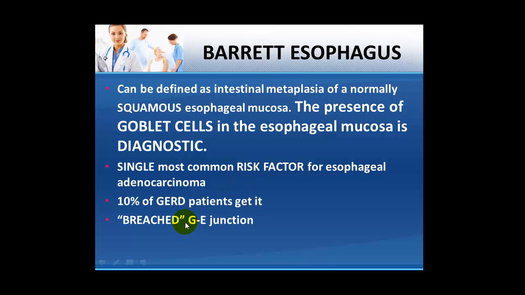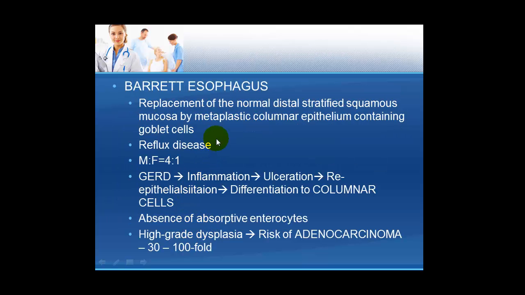So the main thing is that there is a breach of the gastroesophageal junction or the squamocolumnar junction. As per the definition, it is the replacement of the normal distal stratified squamous mucosa by a metaplastic columnar epithelium, which may contain some goblet cells. Reflux disease predisposes the patient towards Barrett esophagus. Males are more commonly involved, and the evolution is that you have reflux esophagitis or GERD, which will lead to inflammation, which may lead to ulceration,